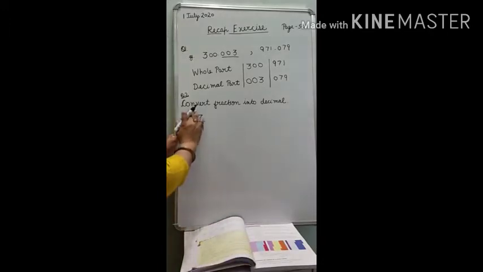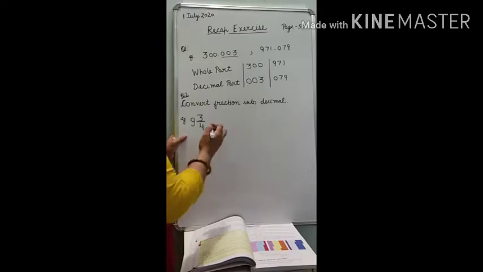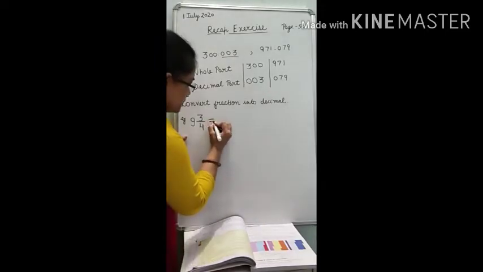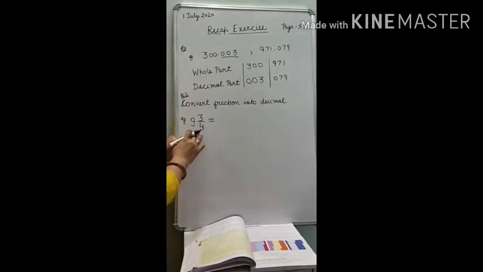The fractional mixed fraction is given to us and we have to convert that mixed fraction into decimals. Now for doing this we have two methods. We can do it directly or we can take full steps. So let us write them as the improper fraction first, from mixed to improper.